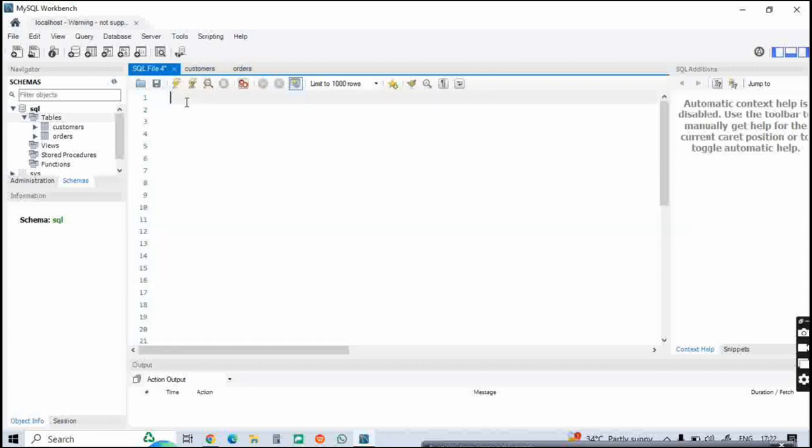Now let's discuss the joins practically. Coming to the inner join, let's discuss the inner join. First we need to select. I'm selecting all the field names. Select all from the customers table,